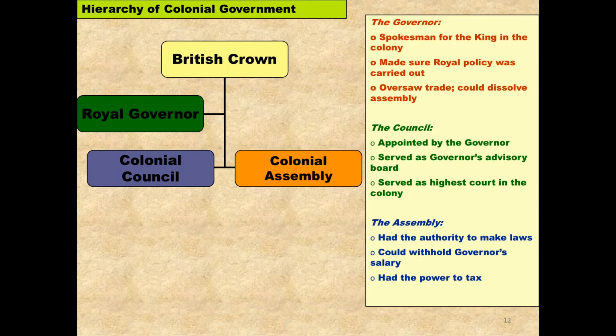But, and here's the big but here, colonial assemblies could withhold the governor's salary, because in the colonies, the colonial assemblies got the power to tax. And they have the authority to make local laws. So you kind of need that relationship going on between royal governor and colonial assembly. But here's another thing. The royal governor could always dissolve the colonial assembly, and they oversee trade. So really what's needed is this happy medium where the royal governor will be happy, colonists will be happy. So you can see some bribes going on, some kickbacks. Yeah, money's gonna flow.